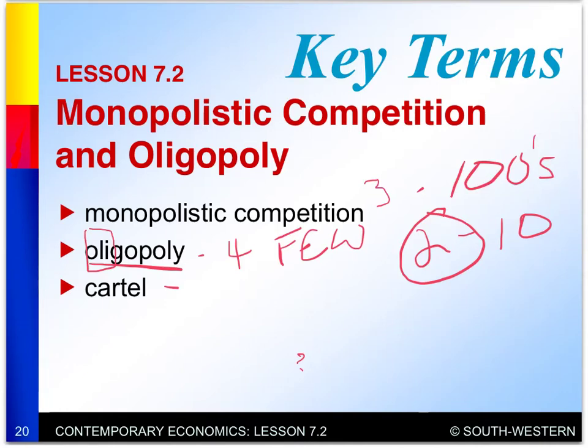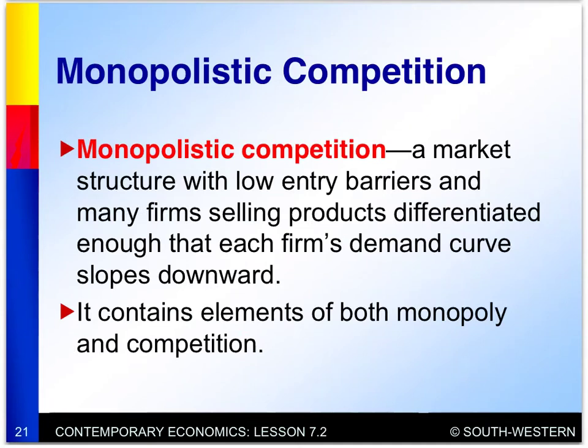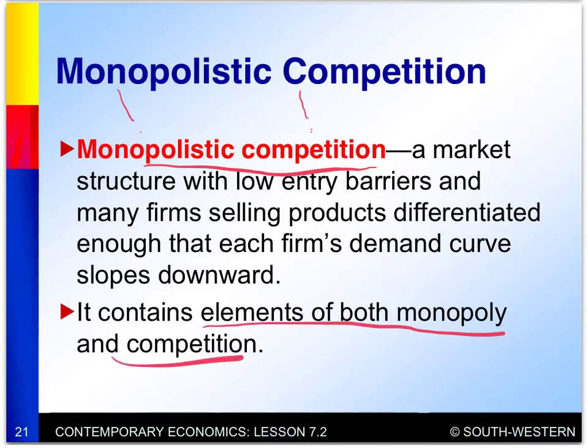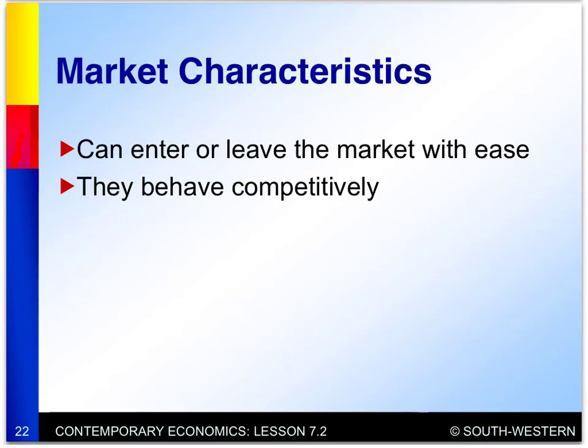All right, so monopolistic competition. This word is a mashup word of a market structure where there's a lot of competition, but every company in that industry has a little monopoly over their product. That's basically why the two words go together. It contains elements of both monopoly and competition. It's easy to enter and leave the market, and the market's competitive. Here's the big thing: